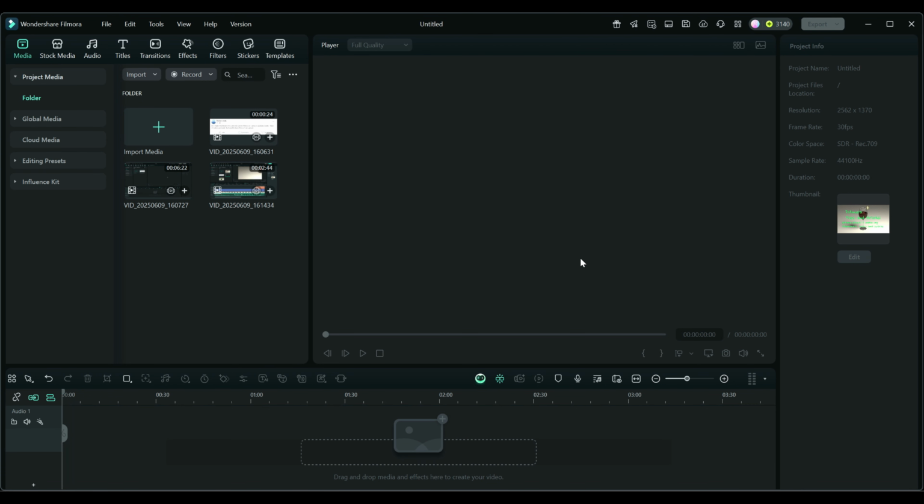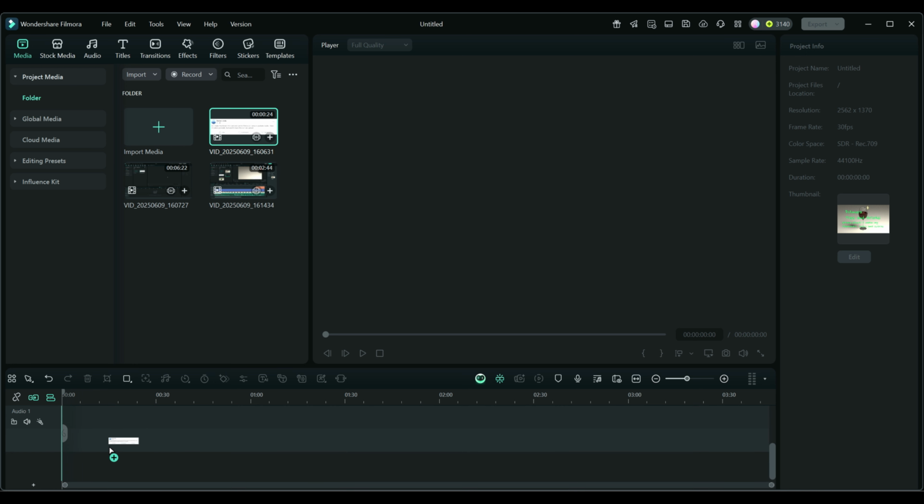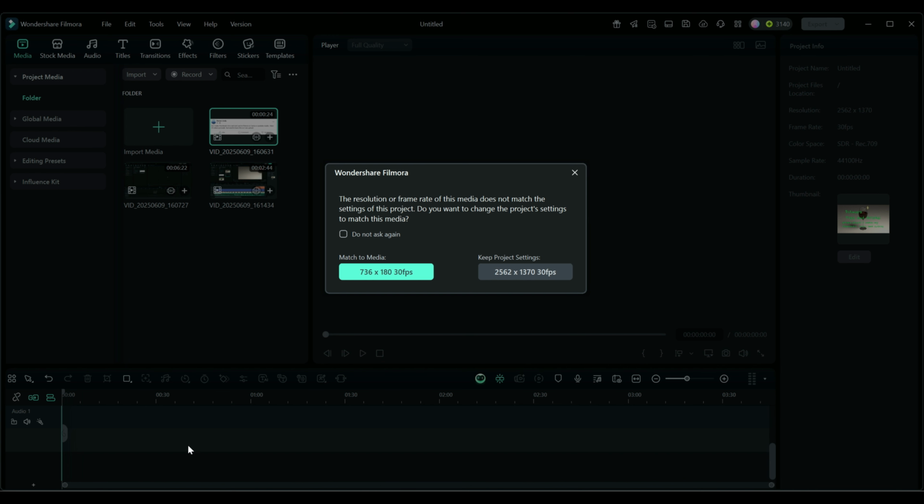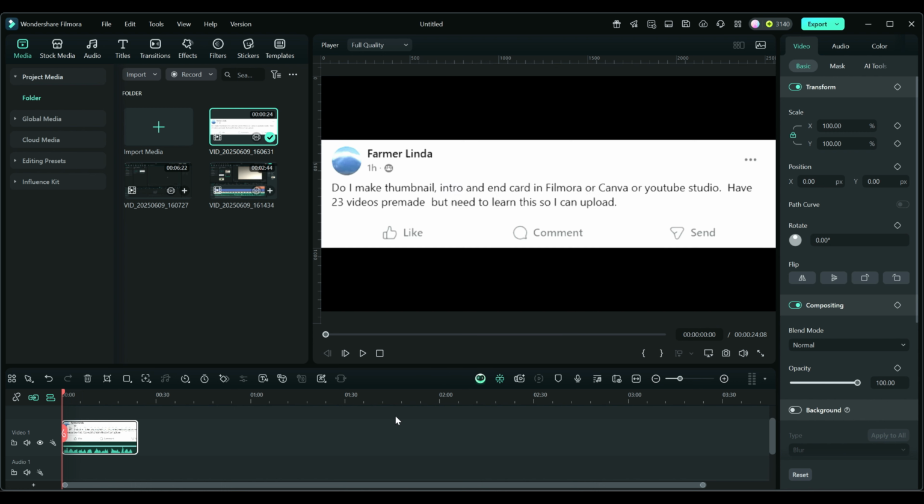Okay, my answer to Linda, yes, you should be making all of these right in Filmora because it has the tools for doing it. And so let's just do a simple demonstration of how I would do that, and then I will go into more detail of how to make each component. But basically, let's just pretend that this little thing that I recorded initially was the video that I was going to make for Linda. And what I want to do is add an intro to it,